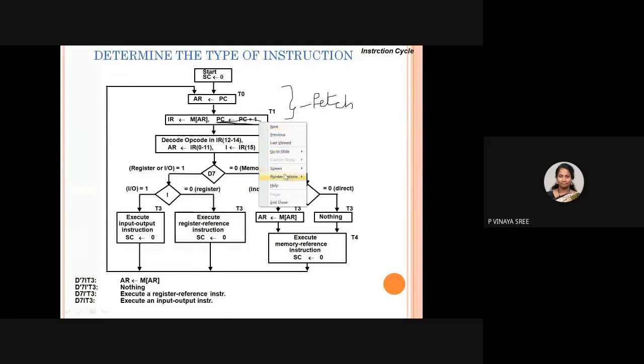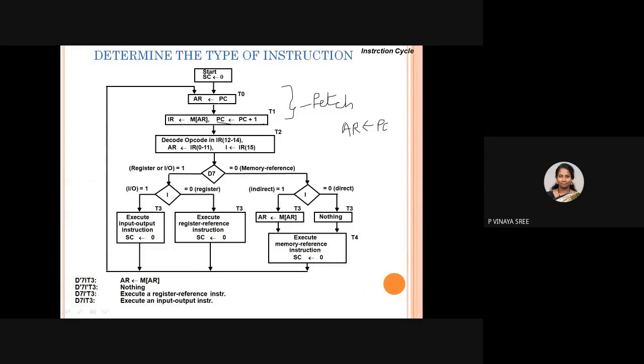Whatever we have in our memory address register, we are placing in the instruction register. And automatically, whenever the program counter contents are placed inside the address register, the program counter will be incremented by 1. I already gave a complete lecture about the program counter. So what is a program counter? The program counter is used for storing the address of the next instruction to execute, and if it is following sequence, it automatically increments the program counter by 1.